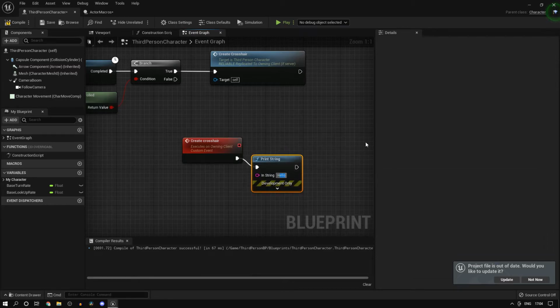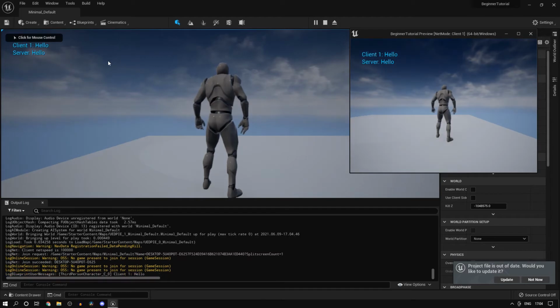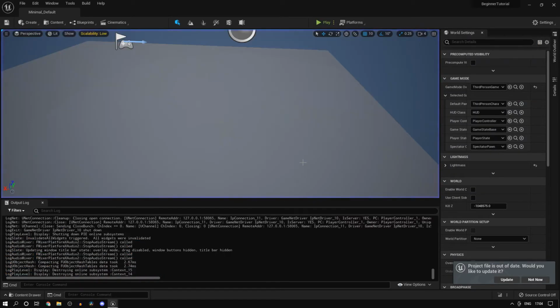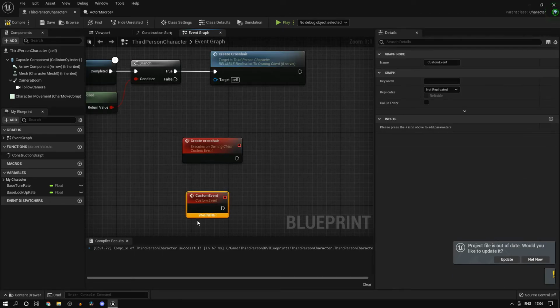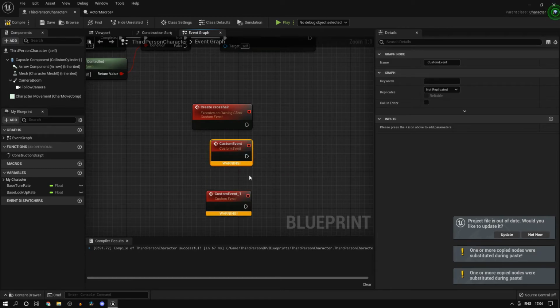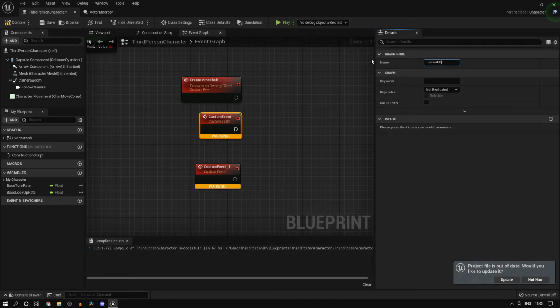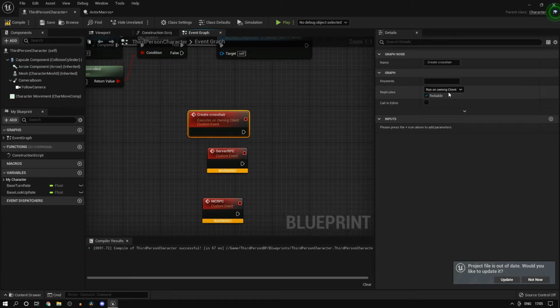You can run an RPC and call in hello, and if you would see, let's say we are spawning a widget, it's going to spawn the crosshair on the client and one on the server, which makes total sense. So now let's talk about the three types of remote procedural calls. So I just duplicated the events over here. So I'll call this server RPC, call this multicast RPC, and then I'm going to call this client RPC.